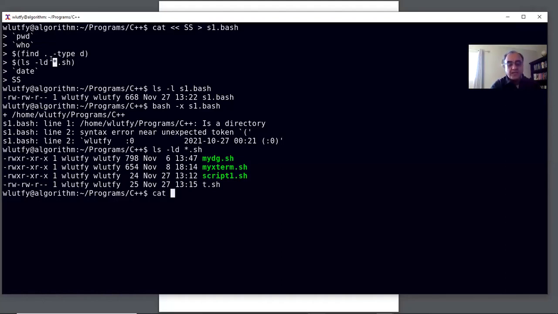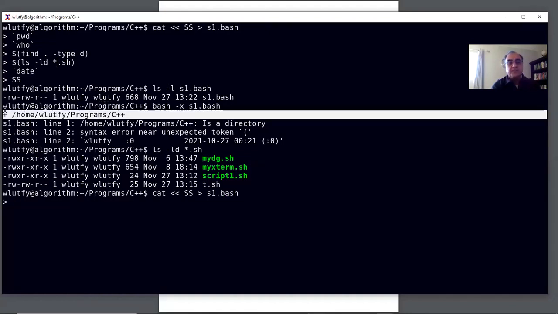So let's cat this SS, and then run s1.bash again. This time I'm just going to do the pwd work. Sorry, the pwd worked right here, so I'm not going to test that one. The second command, it says the who,